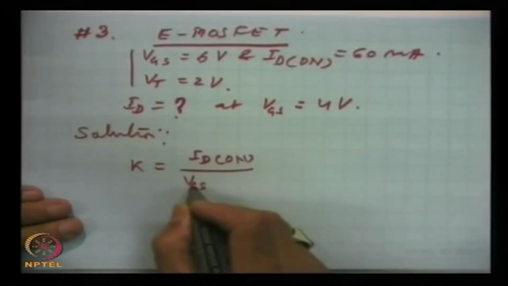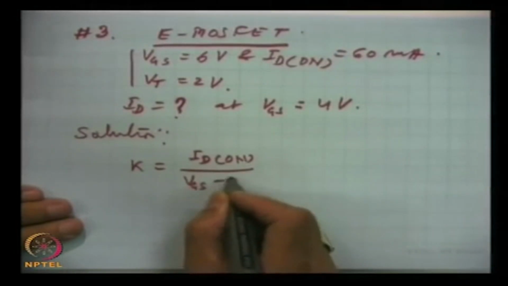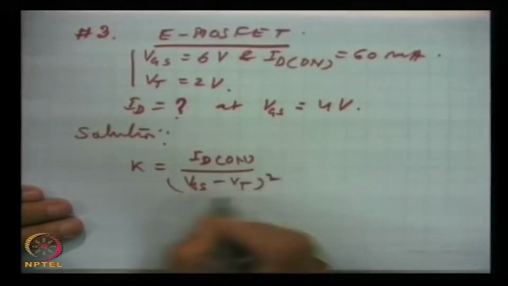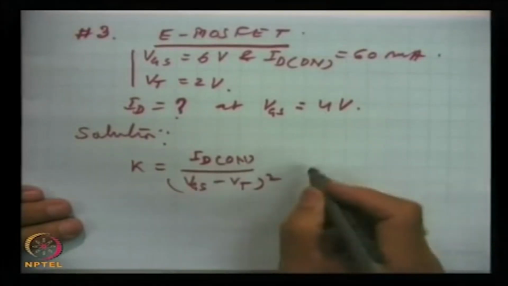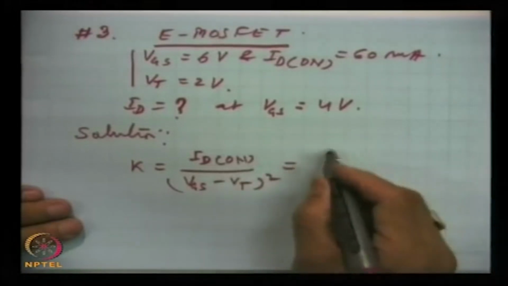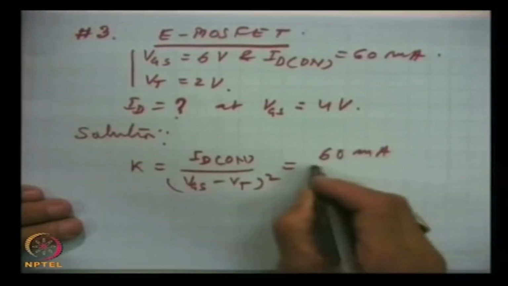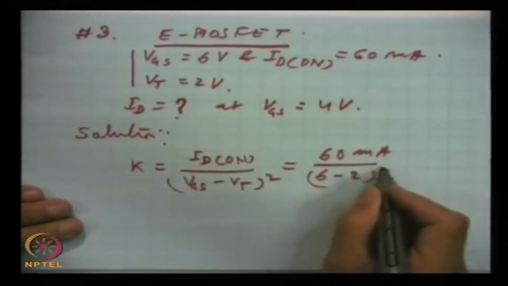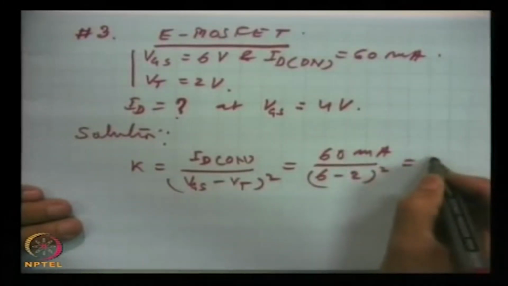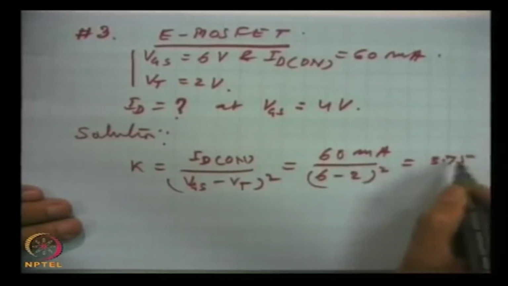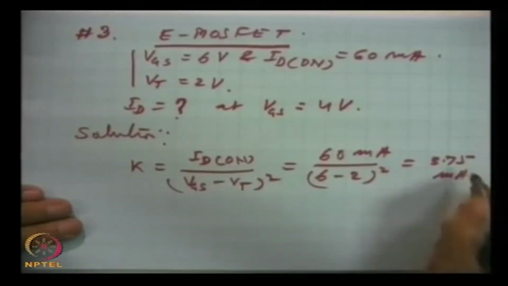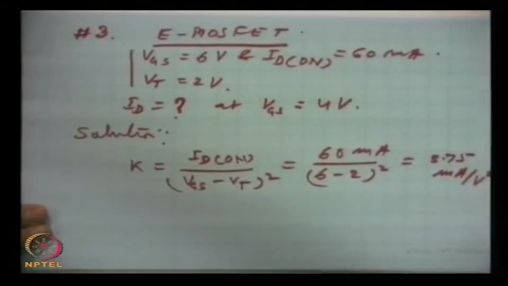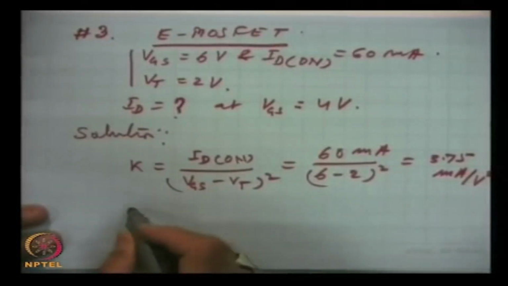VGS minus VT square. So, we substitute the values. ID on is given as 60 milliampere and this is given 6 volts, this is 2 volts square and this gives 3.75 milliampere per volt square. This is the constant K,